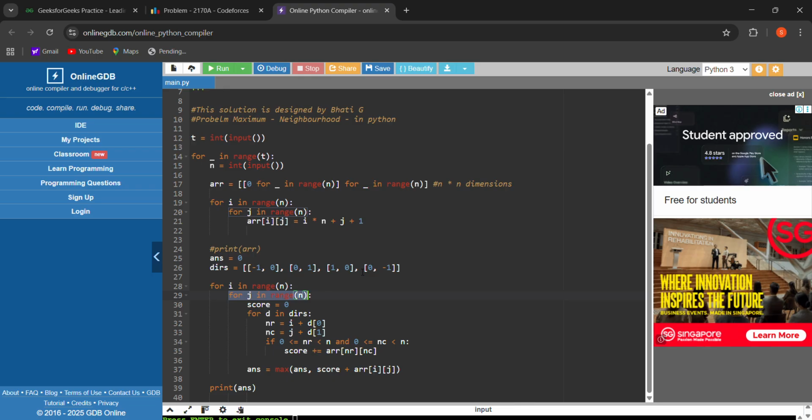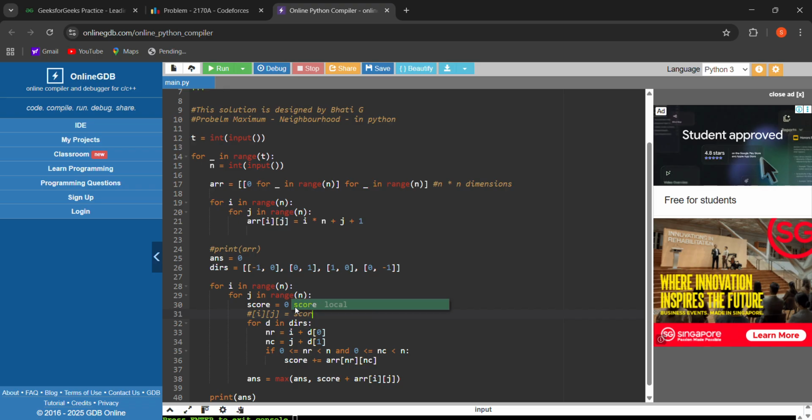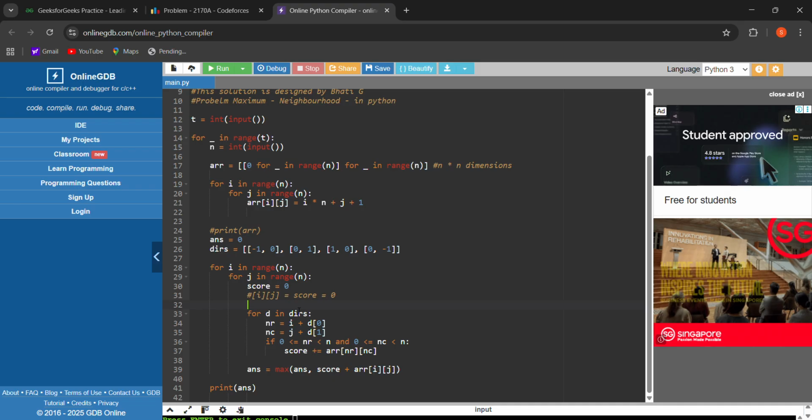Now for every cell, that means if we are on i, j, the score will be initially 0. Initially the score will be 0 and we start moving on the four neighboring cells of this i, j.